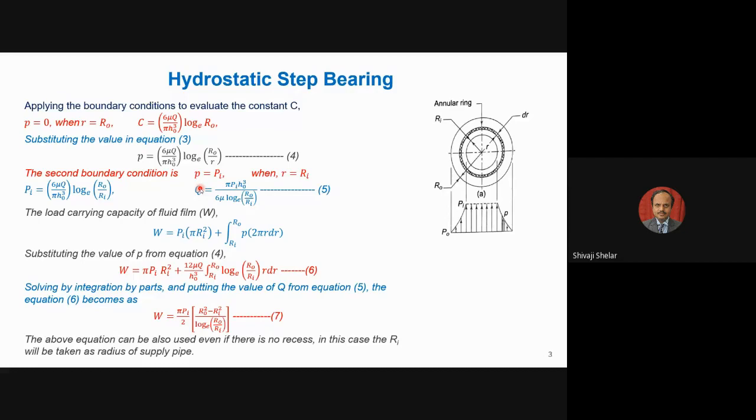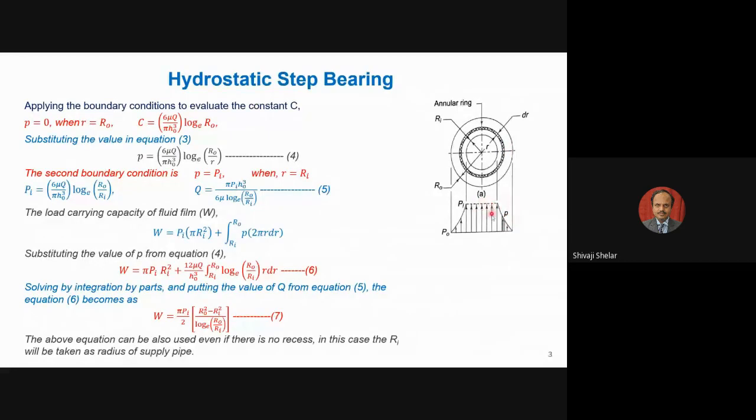But then what is the load carrying capacity of that fluid film? How much load can it carry, or how can we decide how much load your bearing can carry? The load carrying capacity we can find by integration. If this is the pressure intensity, this is a rectangular area. So if you take this pressure Pi and the area, this area into Pi gives the load taken by this element, and then the remaining load will be taken by this element. But here in this region the pressure is varying, and this is the annular area. So you have to use that annular area and the pressure variation, and this can be done by integration.